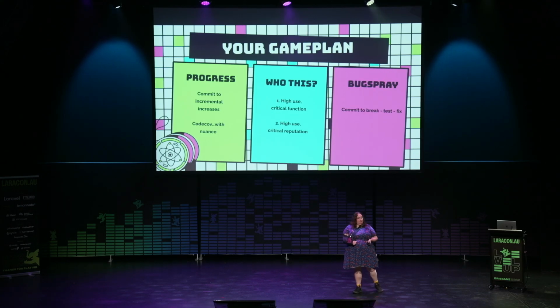Commit as a team to a cycle of break, test, fix. This is a promise that you make that no user is ever going to encounter the exact same failure more than once. And how are you going to guarantee that? Once we've got a bug, we've validated it, we've said, yep, we're going to spend some time to fix that, the very first thing you'll do before you fix it is write a test that would have prevented your user encountering it in the first place.